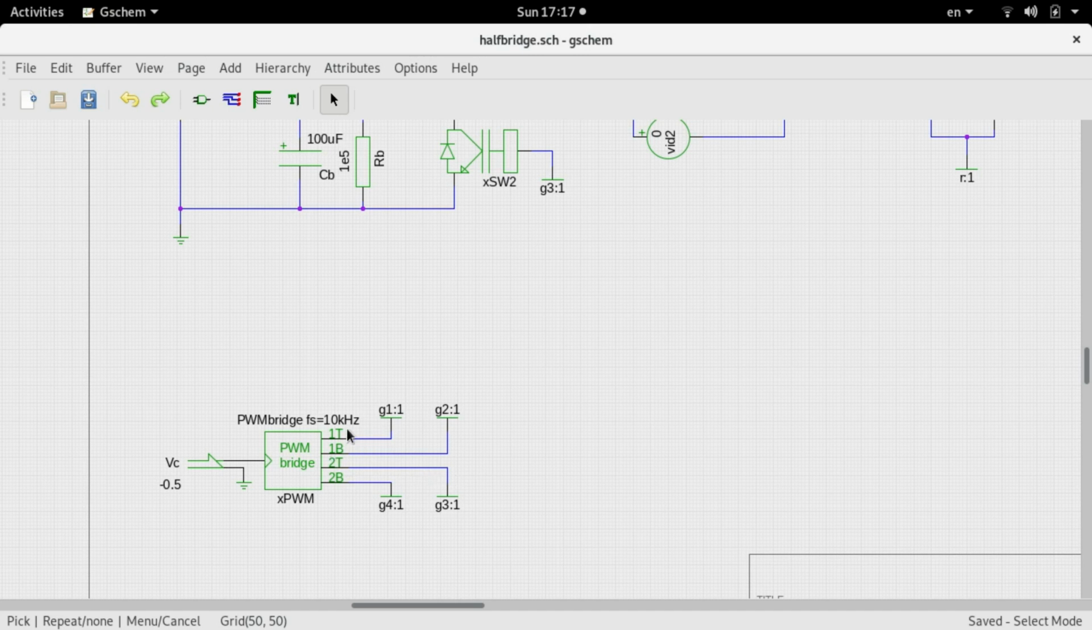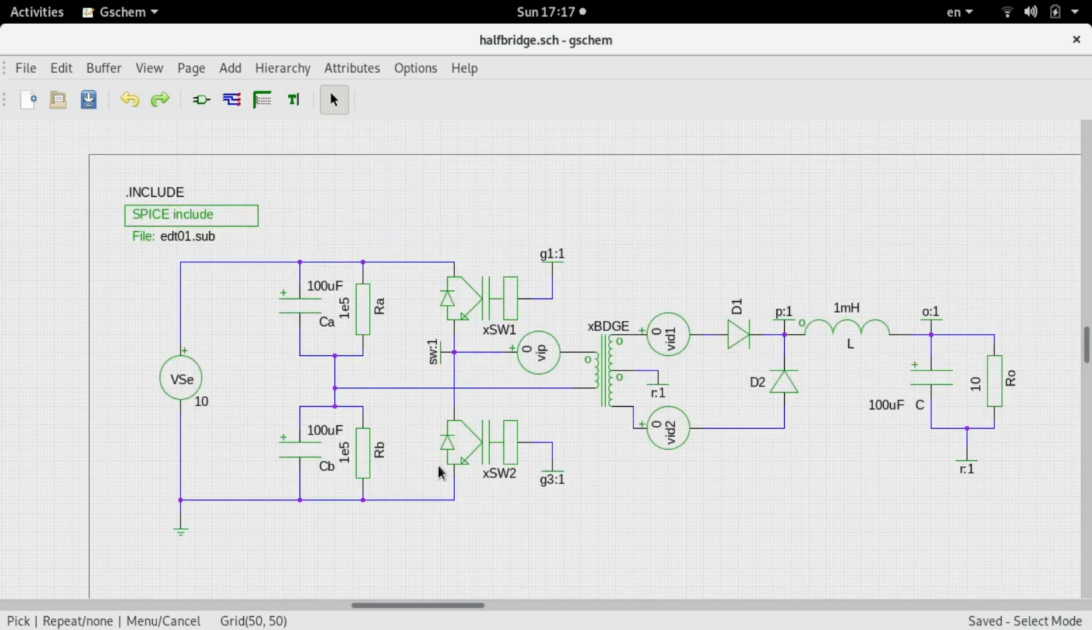These two, 1 top and 2 top, must be mutually exclusive. 1 bottom and 2 bottom must be mutually exclusive. Either you can use G1 and G3 or G2 and G4 for these two switches. So I am using G1 and G3, and in between you have this bridge transformer,